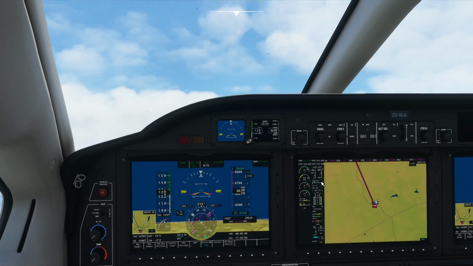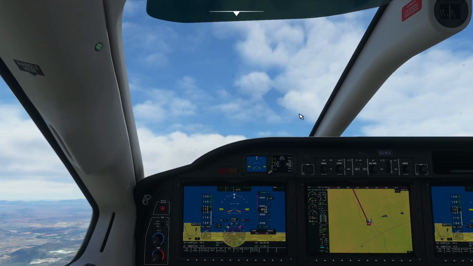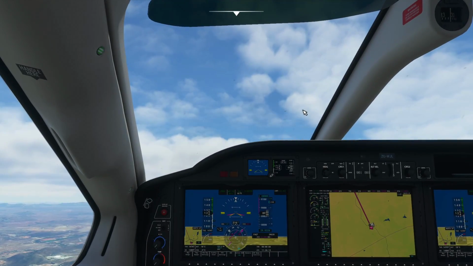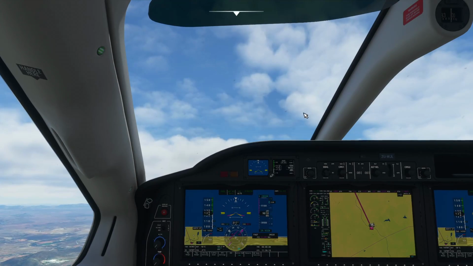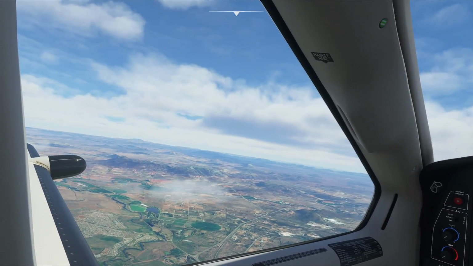Just double checking. The engine looks okay. Our temps are better now. Yeah, that was just poorly managed by me on that departure, but fortunately we got on top of it pretty quick, so